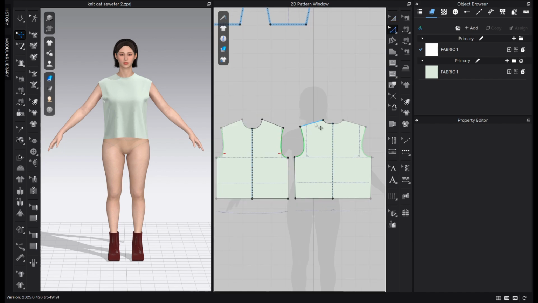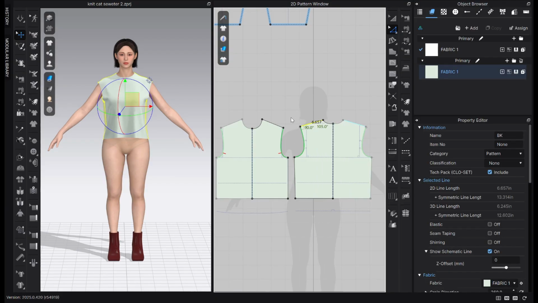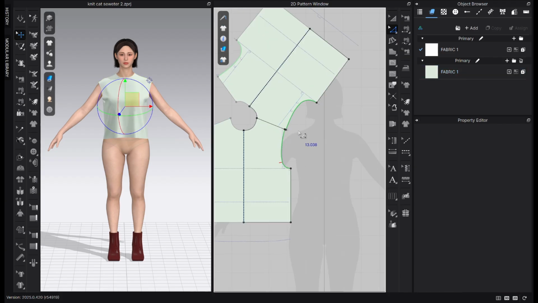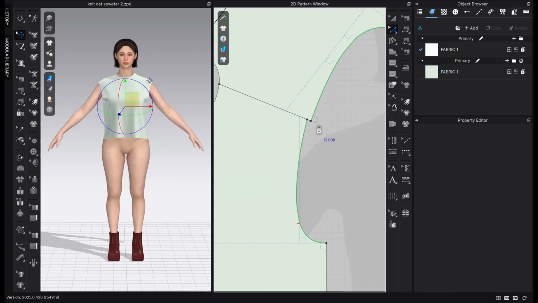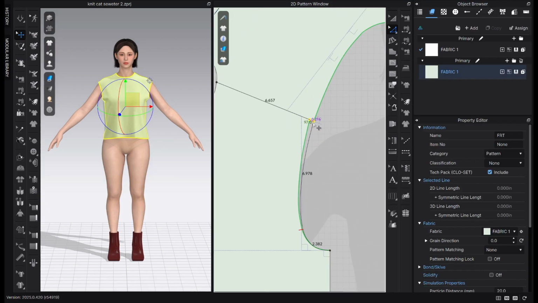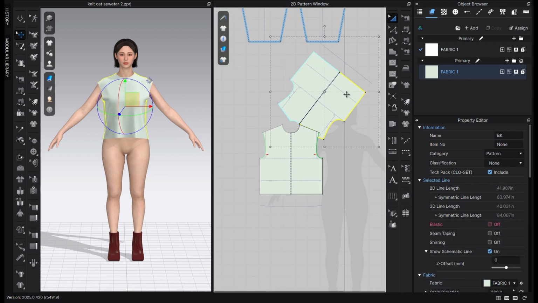For that, I'm going to first fix my shoulder length and make sure they are equal. I select the back shoulder line, holding shift, and select the front shoulder, match up to start. Okay, now I can increase my front shoulder to match up with my back. Okay, now that this is done,